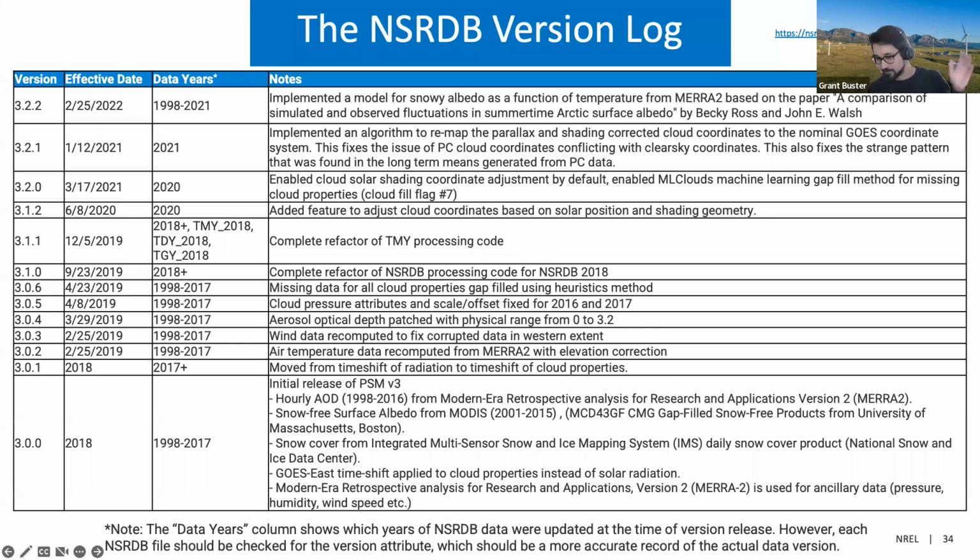So as part of all this work, we've been trying to get much more transparent and explicit about the data versioning and the software versioning. We understand that it's confusing how many improvements we're making and when we're applying them. So we've been working on this version log that is on the website, nsrdb.nrel.gov. It's also part of the software now, and it's also part of all the data that we produce. So when you download a CSV of data, or inspect the raw H5 files, it should have a version that corresponds to something on this version log.